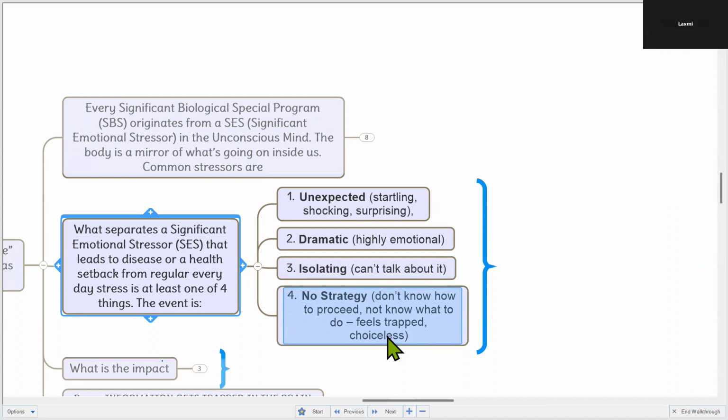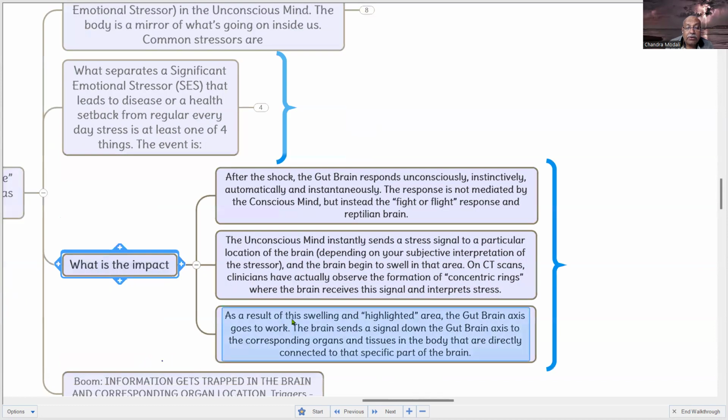Yes, sir. We come across that situation. So what is the impact of that? Let's go into that. After the shock, the gut-brain responds unconsciously, instinctively, automatically, and instantaneously. Is that an experience we come across on a day-to-day basis? Yes. The response is not mediated by the conscious mind, but instead the fight or flight response and